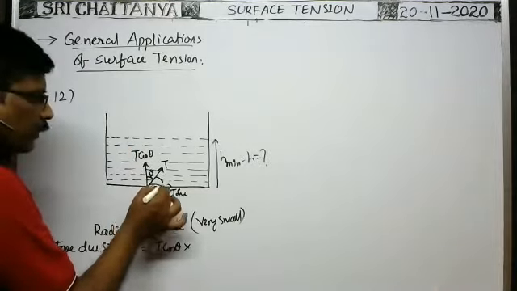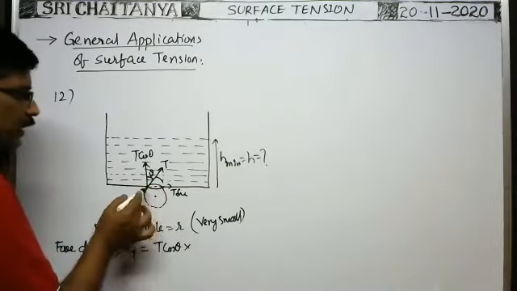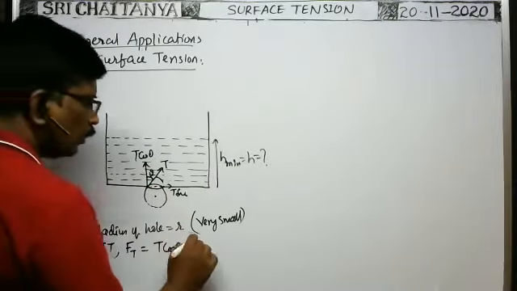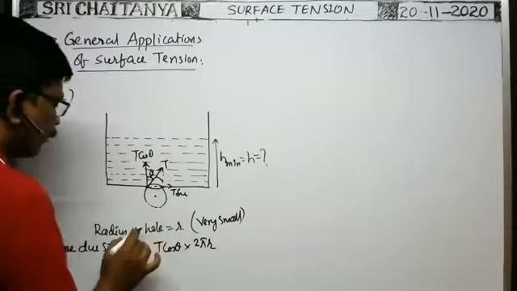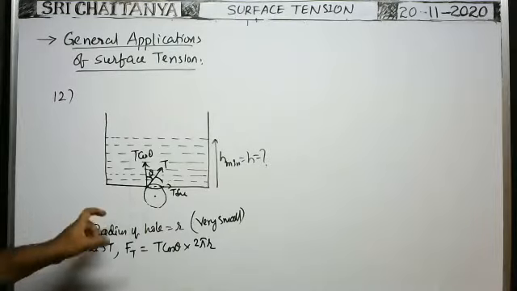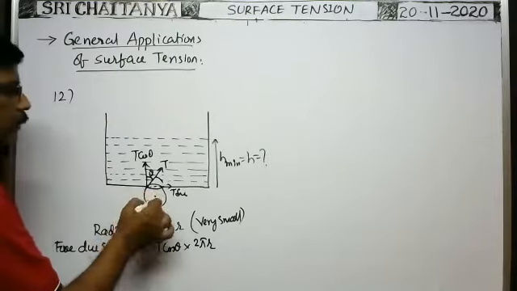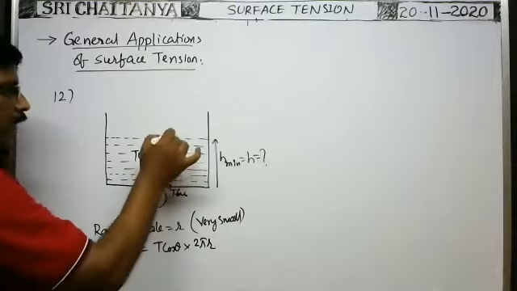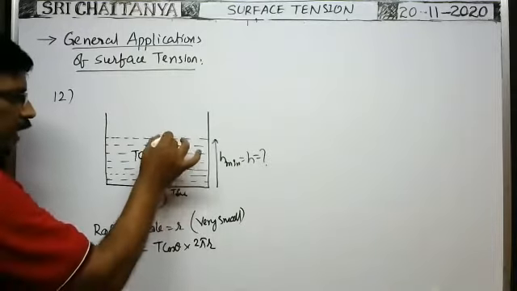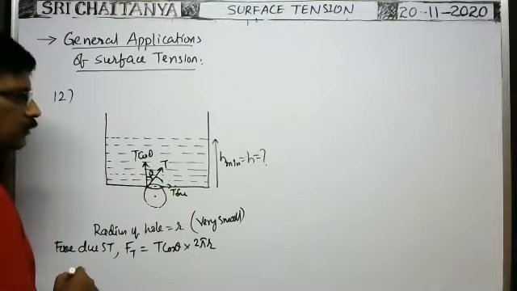circumference of the liquid drop in contact with the hole, which is equal to 2 pi r only, 2 pi small r only. The radius of the liquid drop is different. So 2 pi small r, where small r is the radius of the hole. 2 pi small r. It is the force due to surface tension. Okay. At the same time, while the liquid drop is coming out, because of this depth,